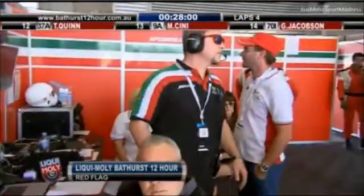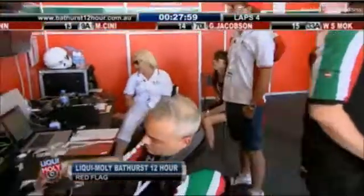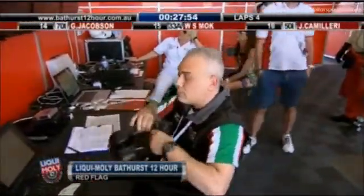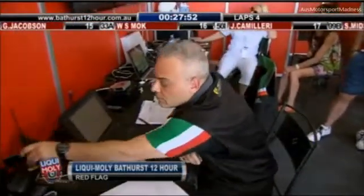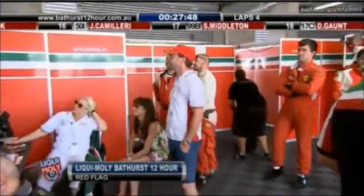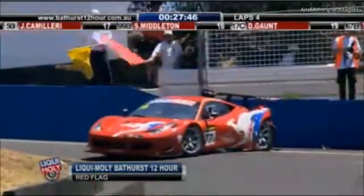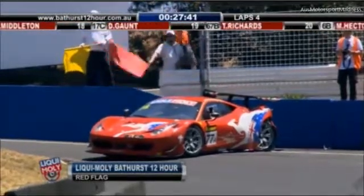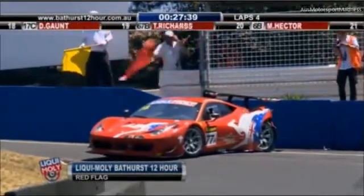Look at the faces in the EF Corse garage. Given they've already had to do a massive fix job on this car after the contact with the other Ferrari yesterday, I have my concerns for this car. That was front right yesterday, rear left today. What we didn't quite see was the beginning of that, because I just wonder whether it had already contacted something at the front before, but is there a little bit of...